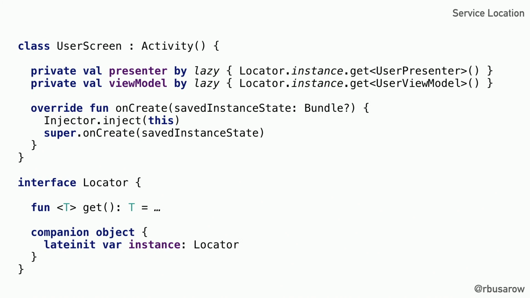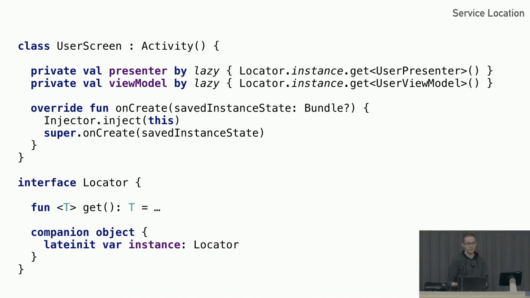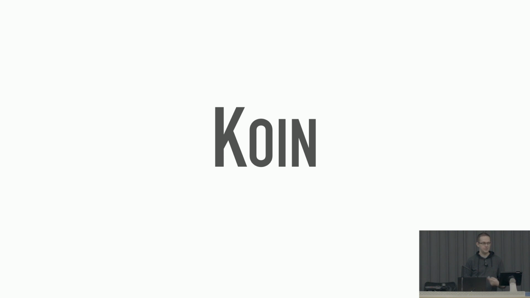But we can fix this by using something called the singleton objects interface pattern, where we have an interface with a companion object, and that lateinit var instance within the companion object is actually what is referenced in this get function. So we can create a locator with normal production code and use that from application onCreate, like the start of your application, throughout normal production code. But in testing, we can write a different locator and set that and use any test stubs or fakes or mocks that we would like. And that's really, really convenient.